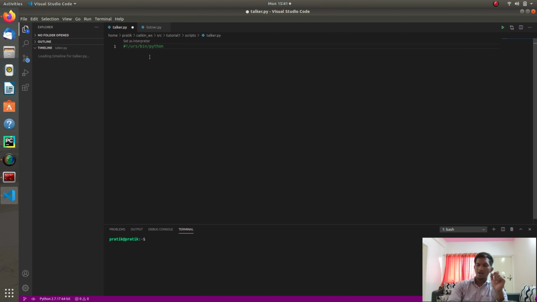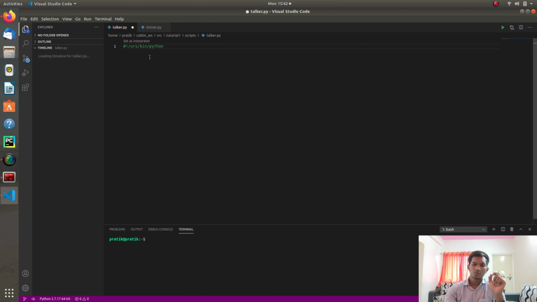So okay, after typing this, ROS would come to know that this particular file is of Python 2 or a particular version. So now after doing that, I am going to write the import statements for the libraries. So the first library will be import rospy.